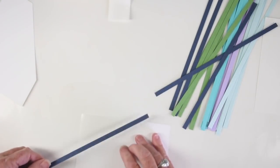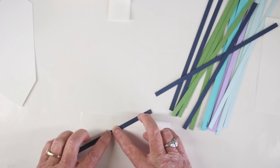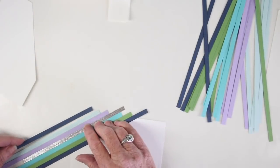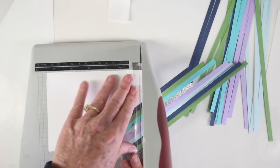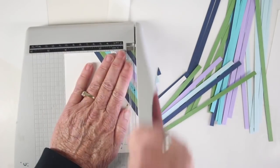I'm going to start off with the soft navy first, and I'll continue adding these until I have that full corner completed. When I get to the last color of my coordinates, I start back over using the navy and then again the leaf green. To clean my panel up, I am using my trimmer and I'm just trimming those edges,